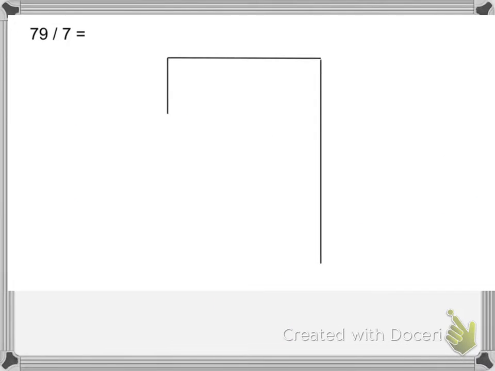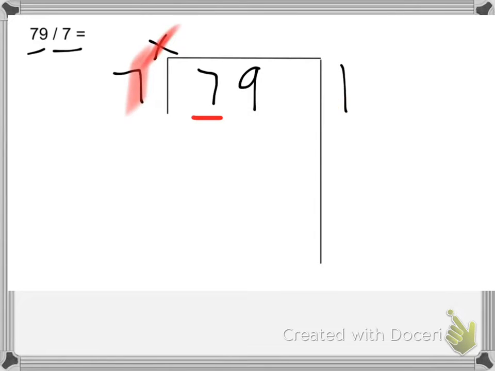Again, pause the video, try it out on a scratch piece of paper, and then press play. Again, my 79, my big number goes in the fish hook. My 7 goes on the outside here. All right, first thing I'm going to do is I'm going to underline my 7. Okay, then I'm going to ask myself, how many times can 7 go into 7? I know for a fact that 7 can go into 7 just one time. Okay, I am then going to take 7 times 1 to get 7, and that's going to go under my